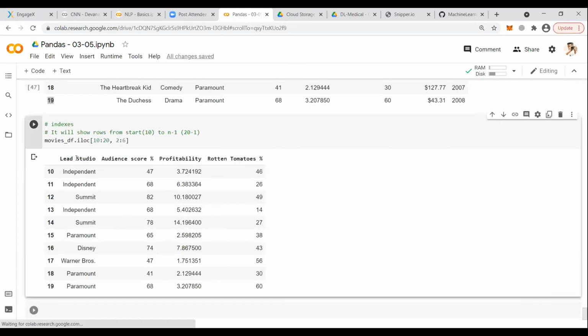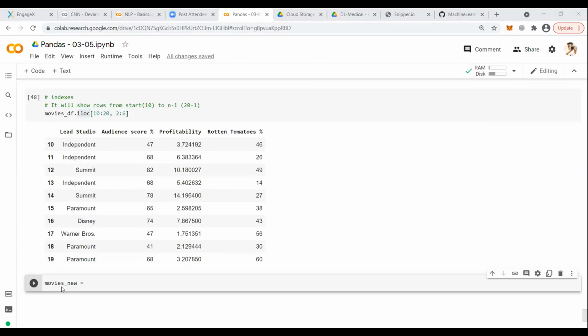There we go. This is your index number 2, index value 3, index value 4. Now movies_new. In this case, we will be selecting movies_df.set_index, apply your film.